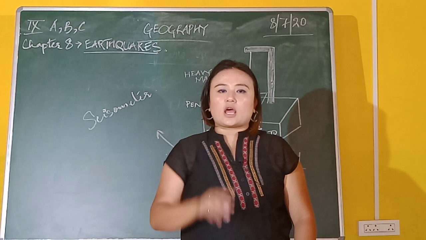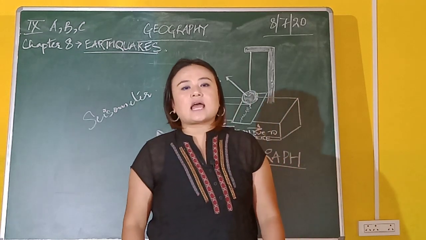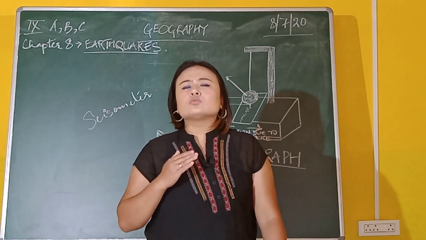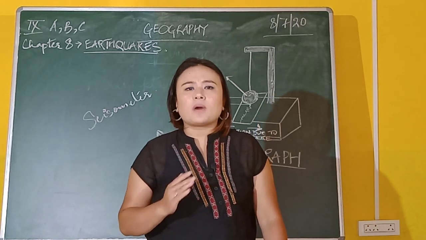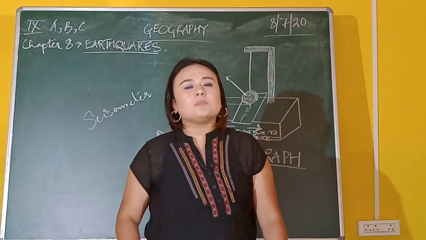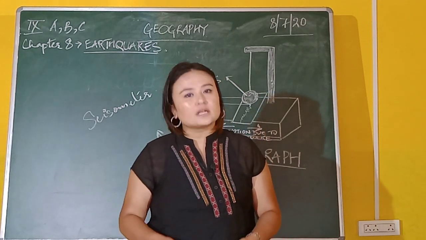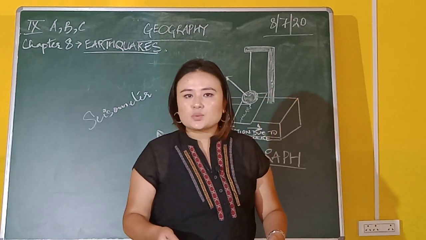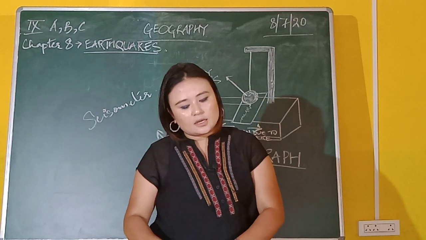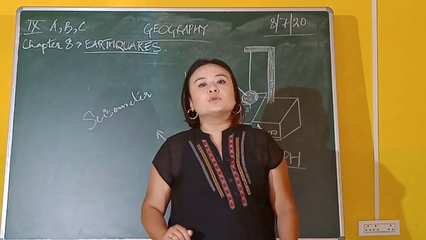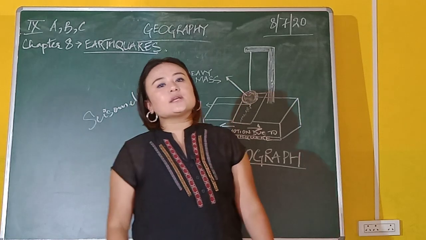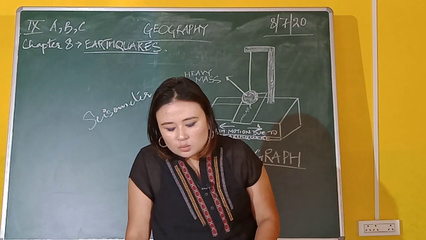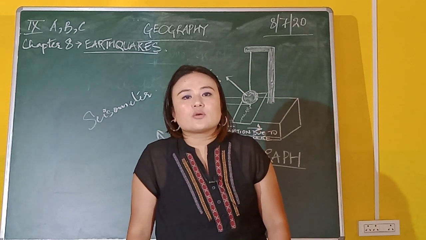Now under your seismograph, there are two scales. These are your scales utilized in order to measure your earthquake. First one is your Richter scale. I'm sure almost all the earthquakes that are hitting any region of the world today are recorded by utilizing your Richter scale. But along with your Richter scale, we do have your Mercalli scale as well, about which in gist will be highlighted here on this topic. Richter scale and Mercalli scale, both these instruments measure the intensity. Intensity here means the amount of energy released during an earthquake.